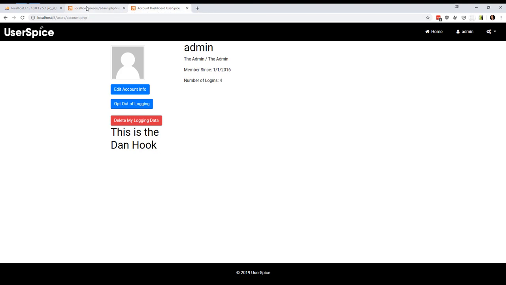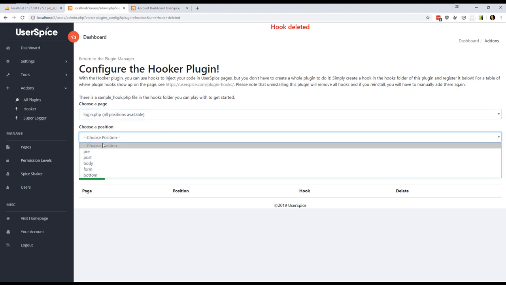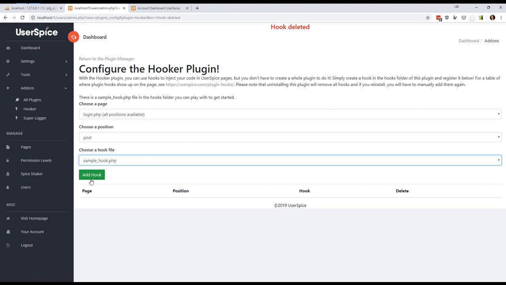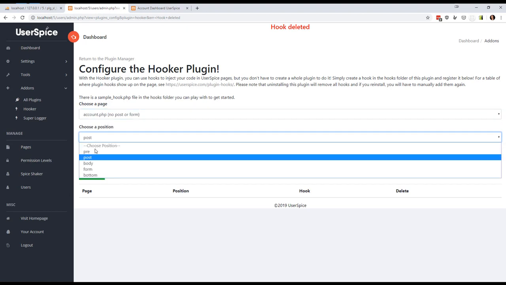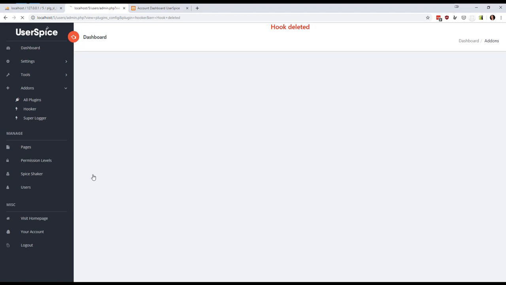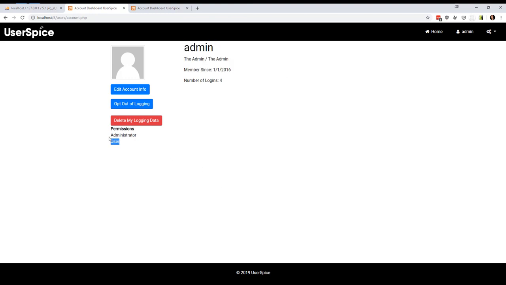And so you can make these hooks without actually having to design a whole plugin, and you can share them and all that kind of stuff, and just tell people, hey, this is the page, this is the position, and this is the hook. And now, on account.php, we're going to add this body hook, and I don't even know what that is. So this lists the permissions that I have. So anyway, that's just a little quick tip that you don't necessarily have to design an entire plugin to use